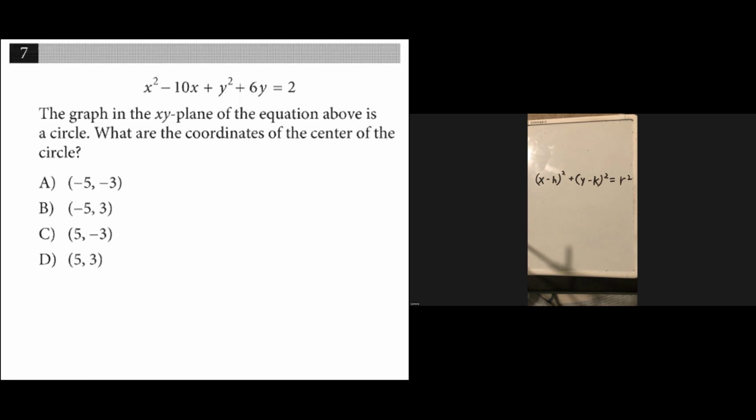Okay, so this is our first slightly difficult one. The first thing we need to know for this is the basic circle equation, which is (x minus h) squared plus (y minus k) squared equals r squared. r is the radius, h is the x value of the center of the circle, and k is the y value of the center of the circle. And so we need to transform this equation, x squared minus 10x